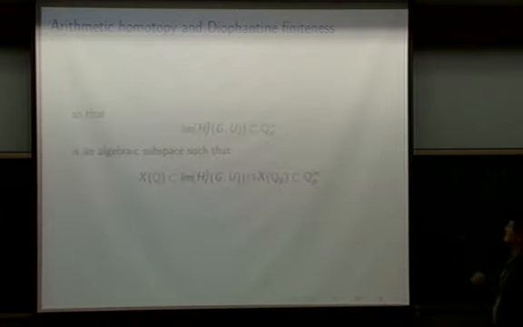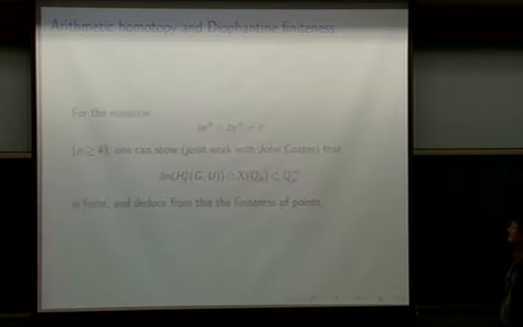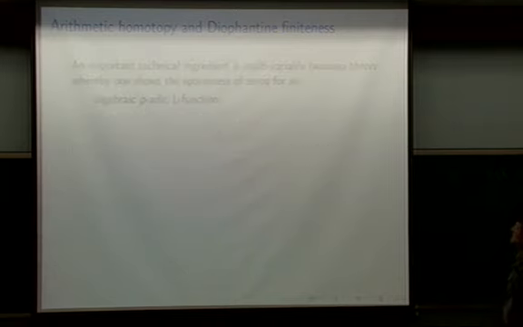So here's what I wrote. I'm rewriting it. The rational points can sit inside the intersection of the P-adic points with an algebraic subvariety of this P-adic space in such a way that the intersection is finite. For example, for these Fermat equations, you can show that the intersection is actually finite and deduce from this the finiteness of the points. But actually, the general idea is that, well, there's one remark.